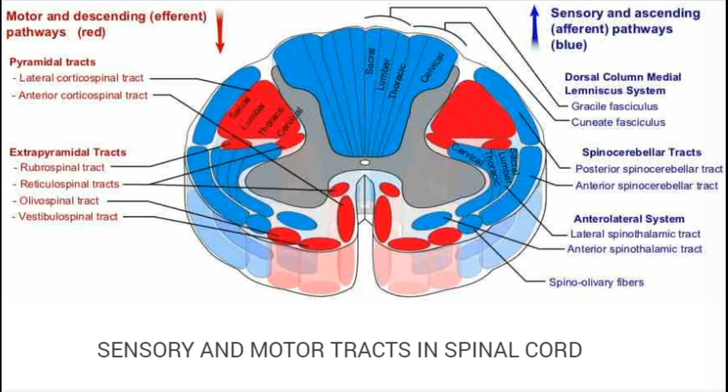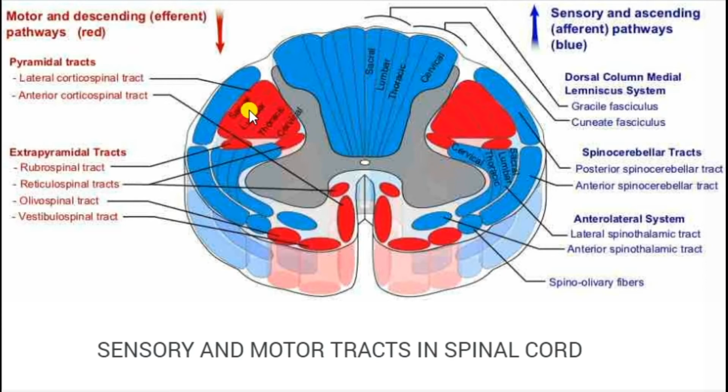In this section, we are talking about the sensory and motor tracts within the spinal cord. Okay, I take this section of the spinal cord here. You can see in blue color and the red color. In blue color, we can see the ascending tract or the sensory tract, which transmits impulses from the body